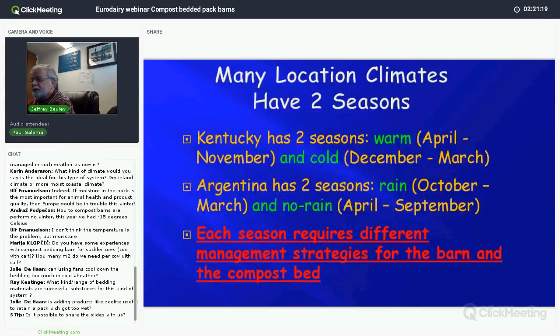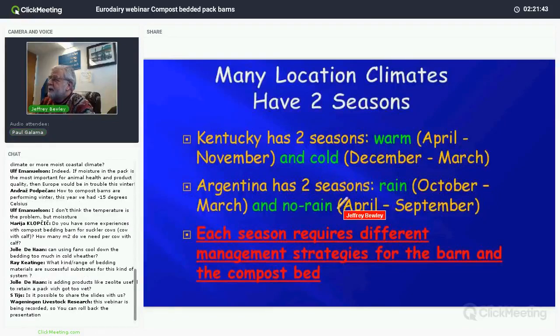Now, the question earlier was about seasons, and Kentucky has 2 seasons, warm season and cold season, and we're in the cold season right now. Other parts of the world have rainy seasons and dry seasons. And each season, you have to recognize that you have to manage the bed differently if we're going to manage that moisture. In the warm season and dry season